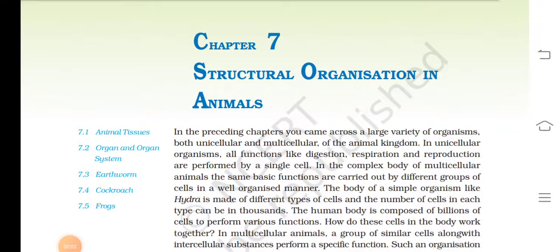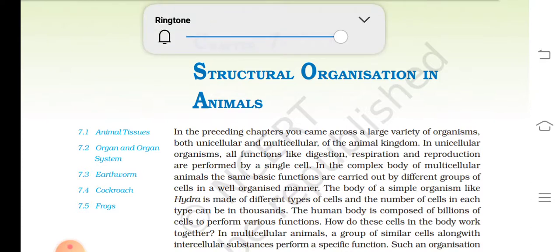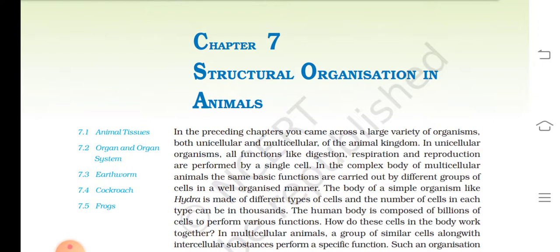Chapter 7 Structural Organization in Animals. In the preceding chapter, you came across a large variety of organisms, both unicellular and multicellular, of the animal kingdom. In unicellular organisms, all functions like digestion, respiration, and reproduction are performed by a single cell. In the complex body of multicellular animals, the same basic functions are carried out by different groups of cells in